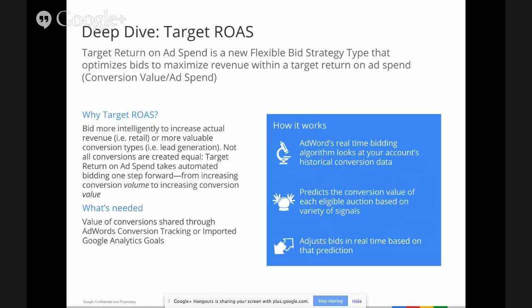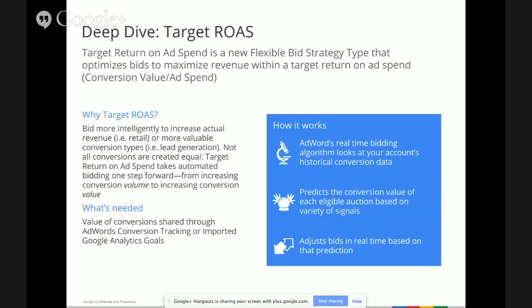Now, why is this important? We all know that depending on you or your client's business model, not all conversions are worth the same amount. For instance, if you are a retail client, you really want more sales that result in higher shopping basket sizes and values so that you can get more revenue. Or if you're in the business of generating leads, there might be certain types of leads that you value more than others. For instance, if your site allows users to just enter an email or fill out an entire form, you probably want to value the full form leads more because they convert better. Or if you're in travel, perhaps you have leads for certain types of car rentals that are more valuable than, say, hotel or flight bookings.